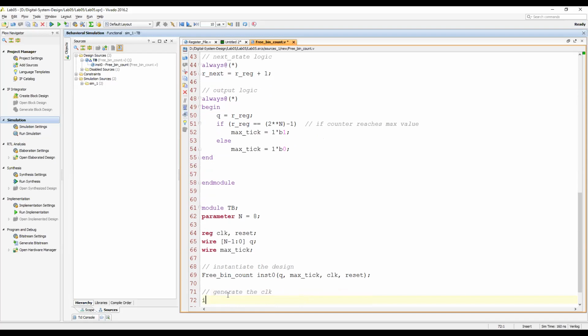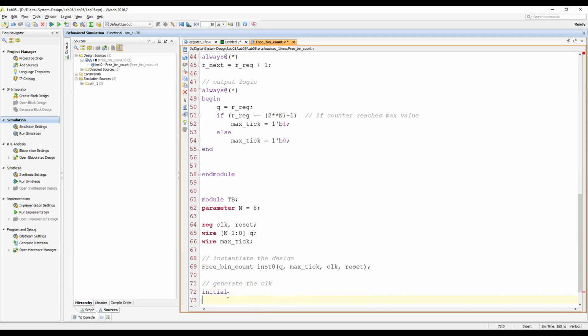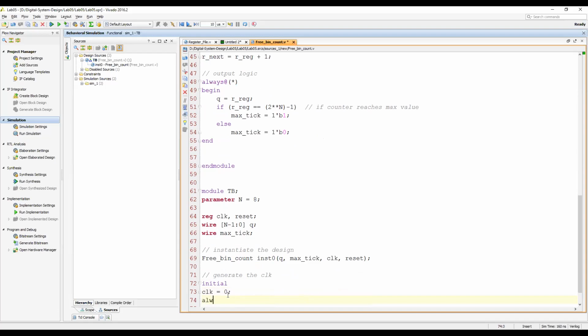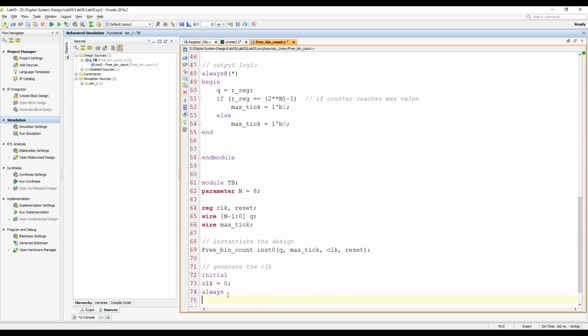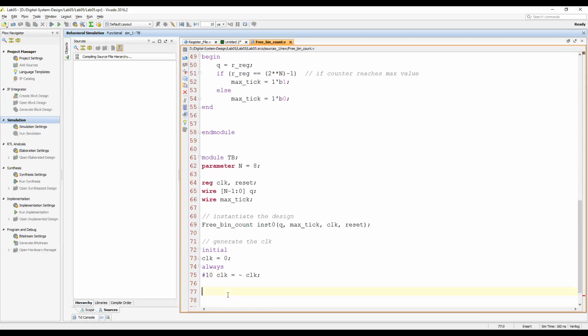Okay, so how to generate the color? Simple: initial color is equal to 0. Okay, and always sometime, and then color is equal to toggle color, right? So the color is generated.